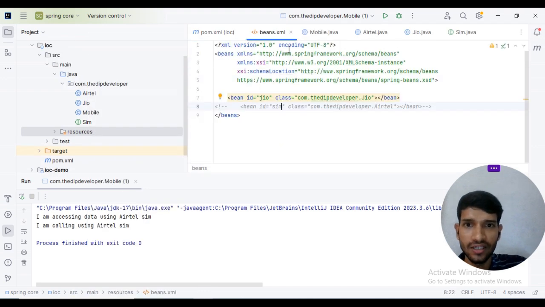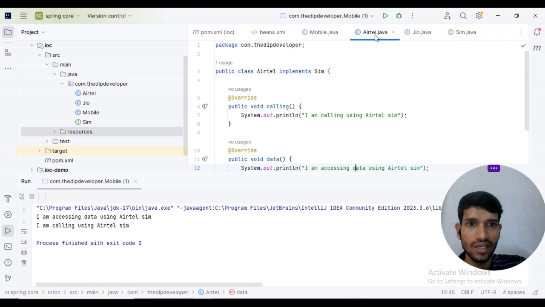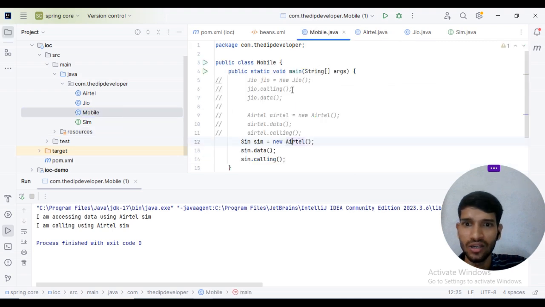So I have created the XML file with the beans tag, and within the beans tag there will be a bean tag with an ID and the class for which the object should be created. So I have mentioned Geo, and this is the class location for Geo, and I can access this object using the ID geo. So I will go to this mobile